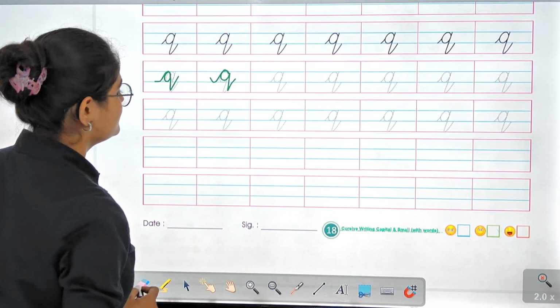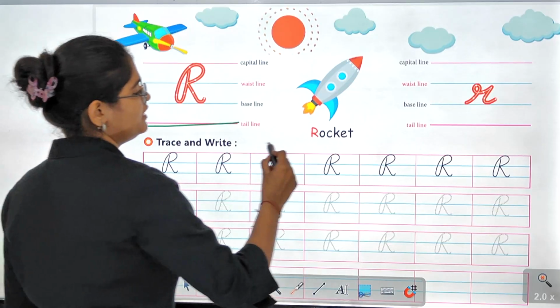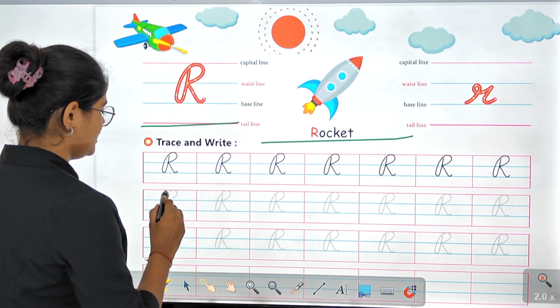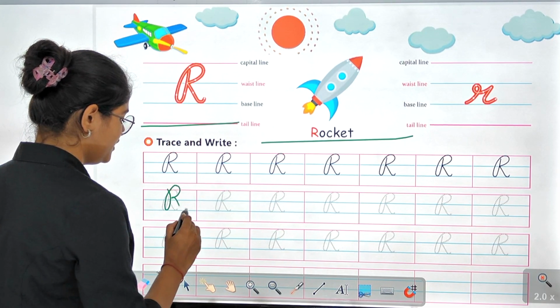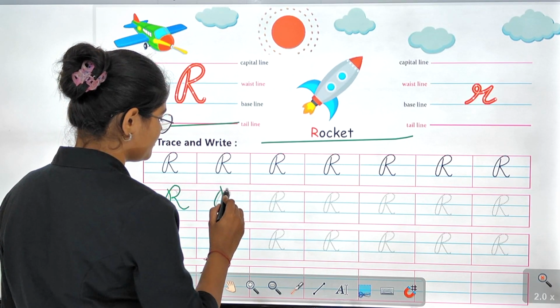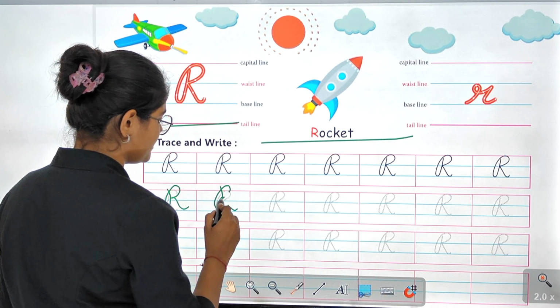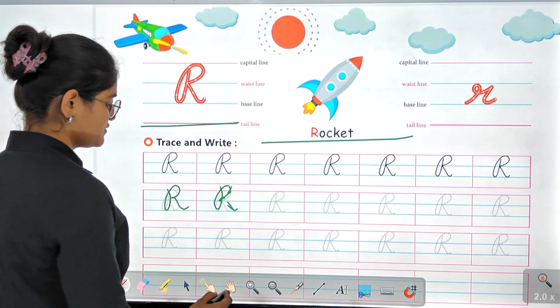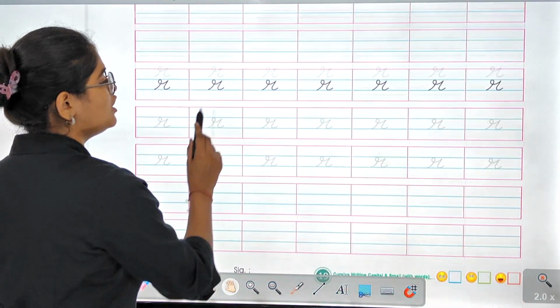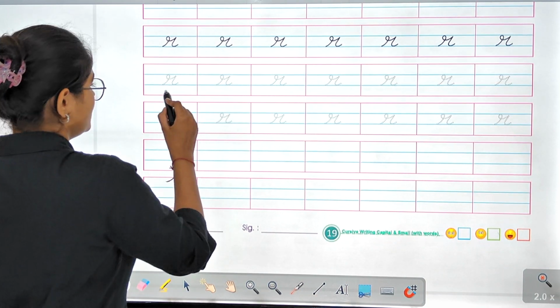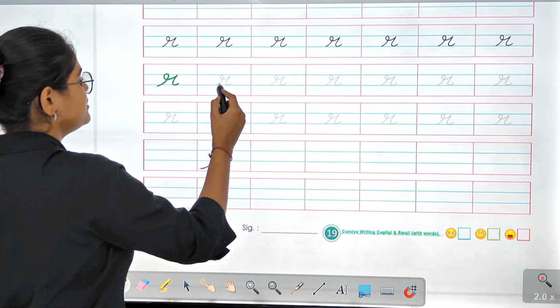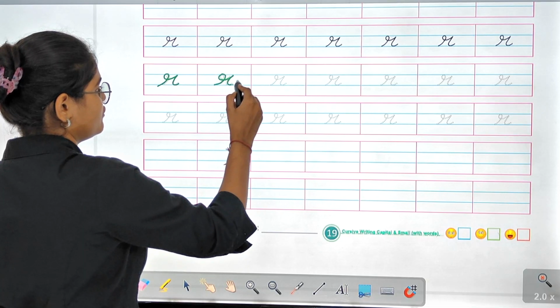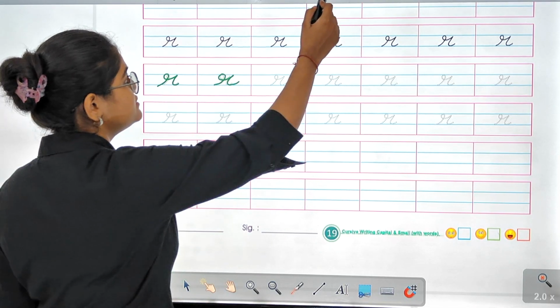Moving ahead. R for rocket. Let's learn R for rocket. Moving ahead to the small one now. R for rocket. Next one,